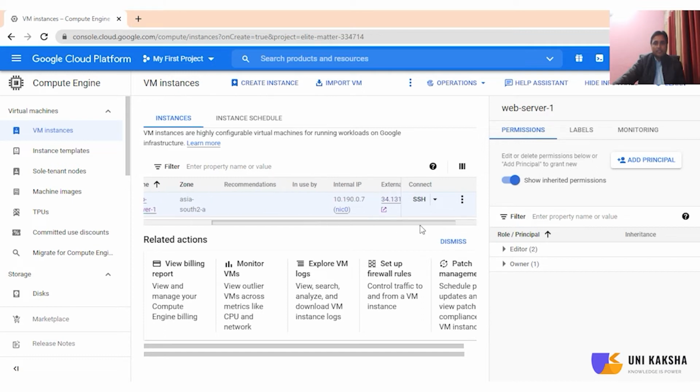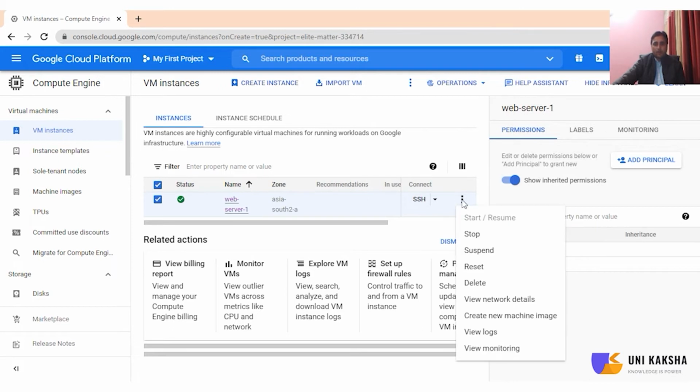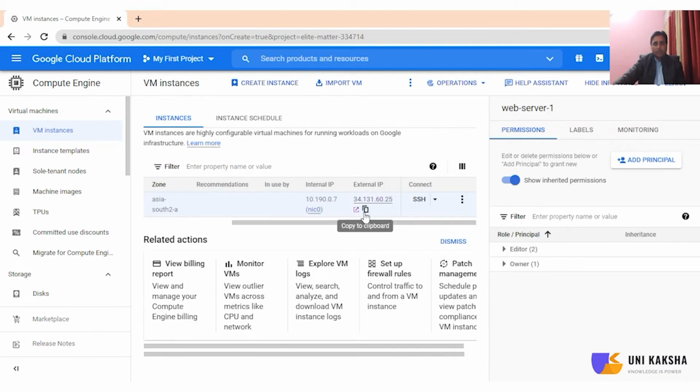So by default, this is offered by Google for me. So my dear friend, when I restart my VM instance, this IP address will not be changed. Now you can see this is the IP address, and this IP address is reachable from outside, right? When I hit the ping